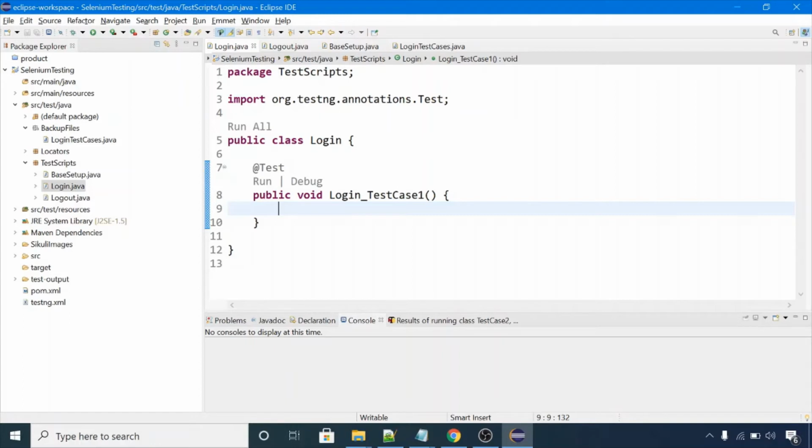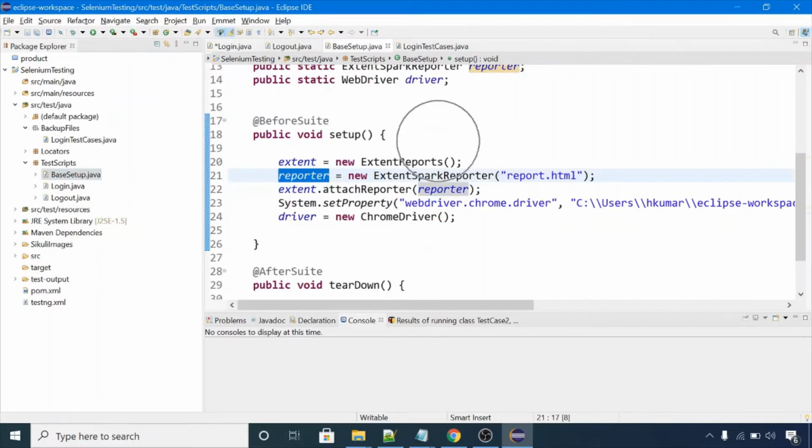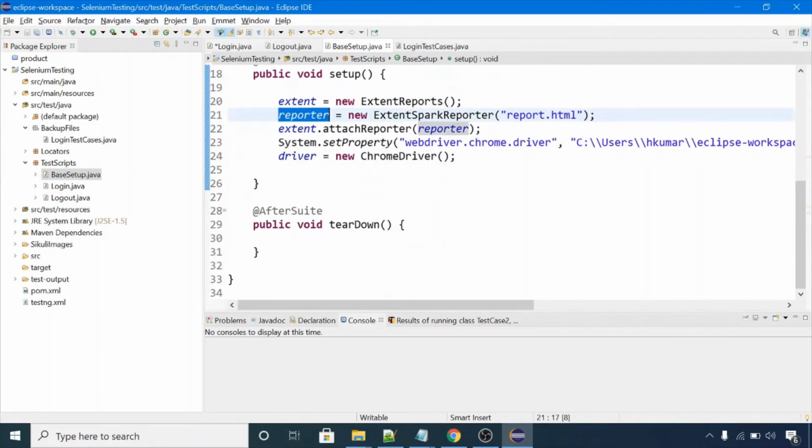So in this test scenario, we need to create one ExtentTest. Before that we need to extend the base class that we created. In that class we have BeforeSuite and AfterSuite methods, so we need to extend this base setup class in the login class.